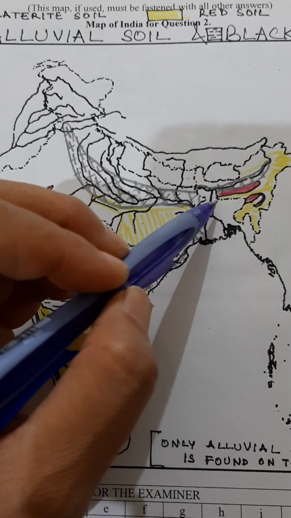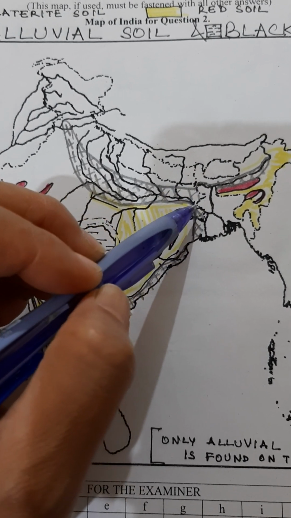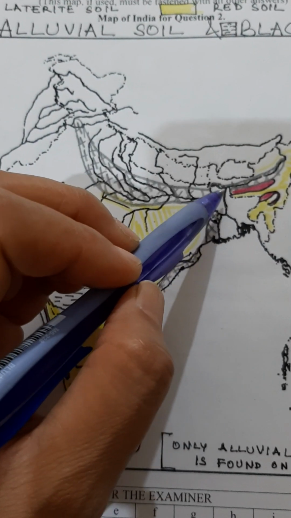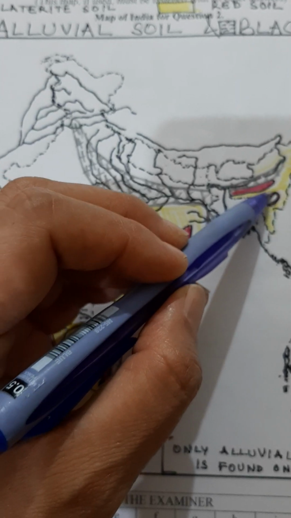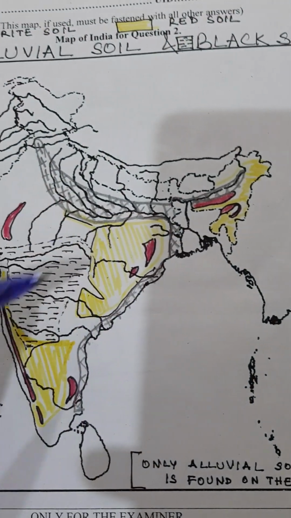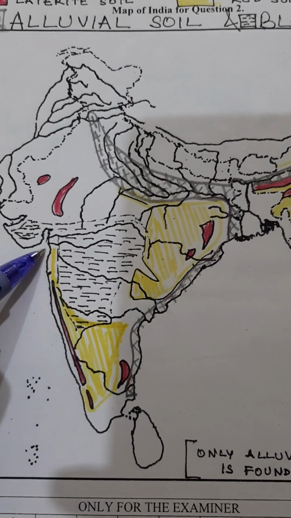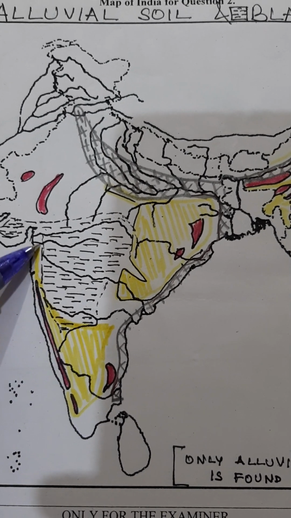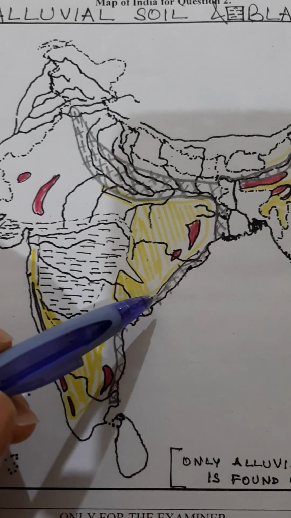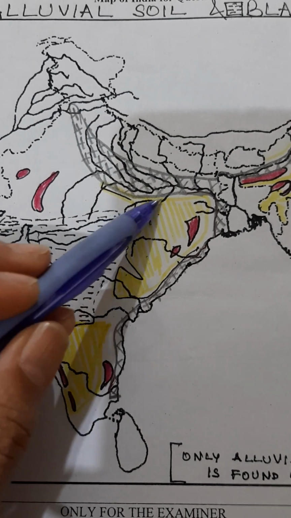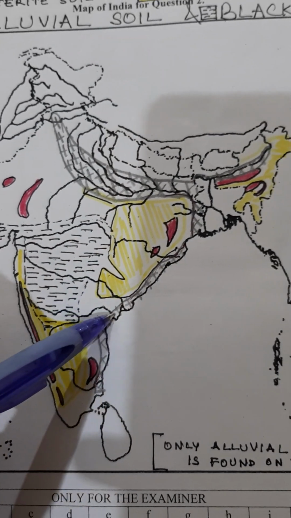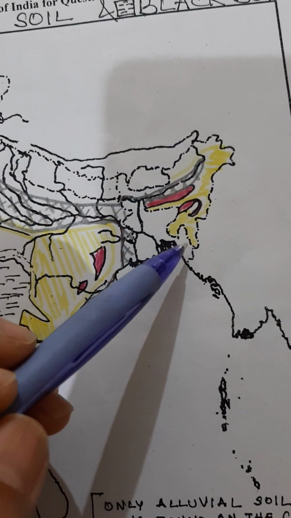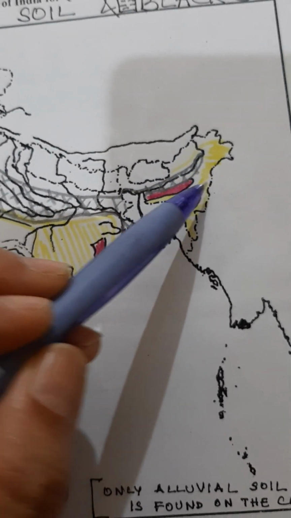And this is very easy to mark. If you see, this looks like some kind of an animal. And this looks maybe like a horse, and this looks like the tail of a horse. So this is laterite soil. Then this yellow region here, along the laterite soil, is almost like a triangle. Now this is red soil in the south. And this is another major area of red soil. And then this red soil along the northeast. This area is also showing red soil here.